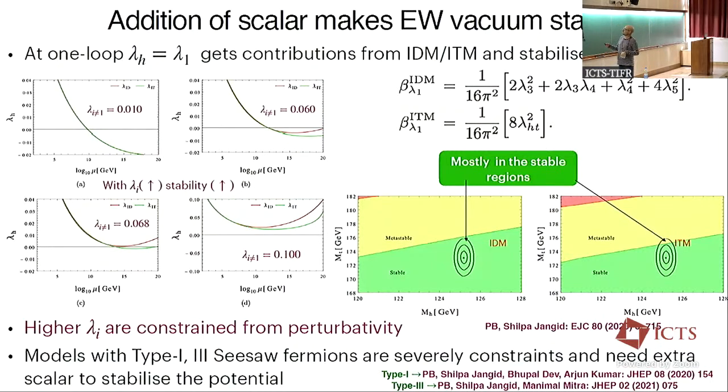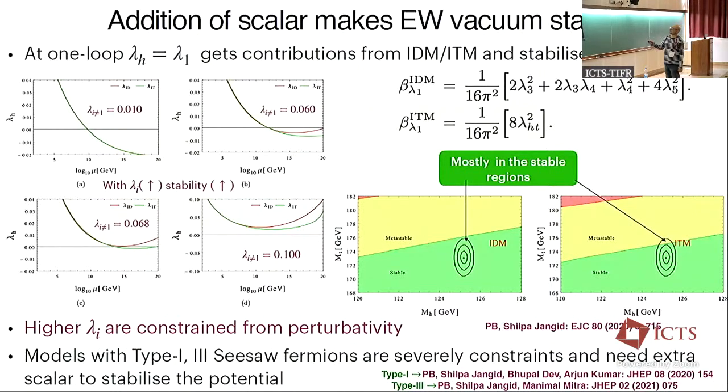And this can be seen from this graph. For the IDM, we are in the completely green region. For the ITM, we have a little bit in the yellow region. And the contribution, why it is happening, is also available from here. So if you look at